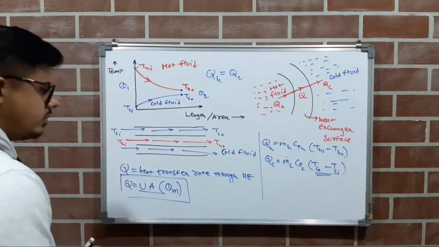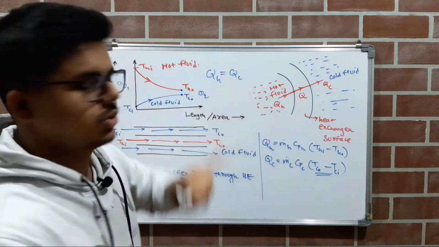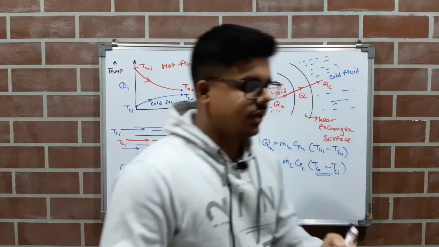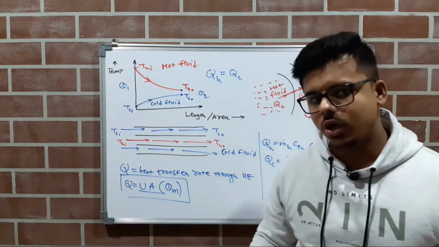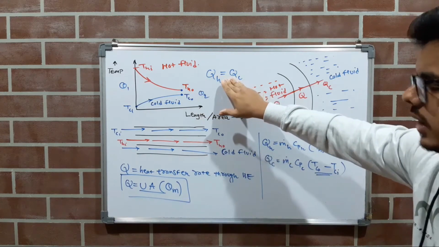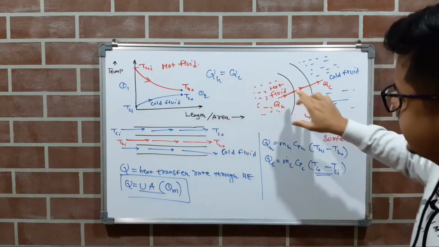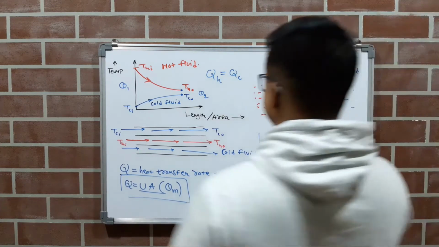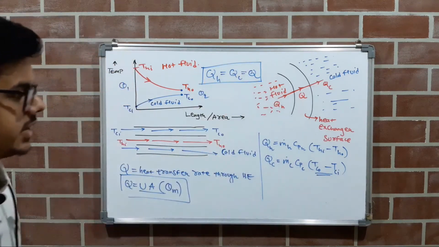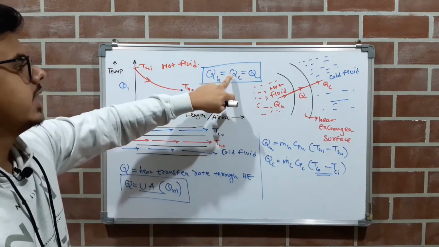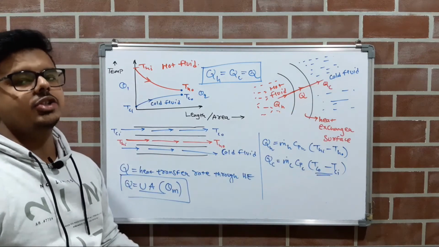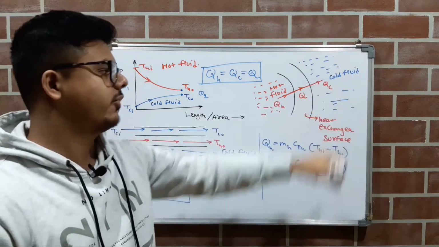This is important. So in our first assumption, we got QH equals QC. What had we considered? There is no loss. So if there is no loss, then the heat transfer rate, that is the heat lost by the hot fluid, should be equal to the heat gained by the cold fluid. The heat transfer rate through the heat exchanger surface should be equal to QC equals QH. If it is different, then there will be some losses. But we are assuming that there is no loss. So these three heat transfer rates should be the same.